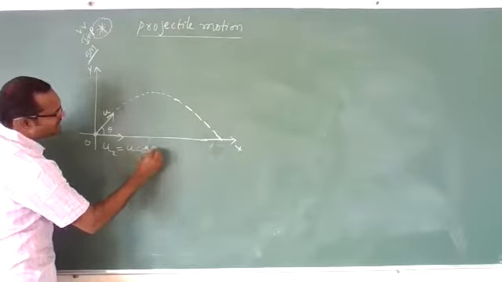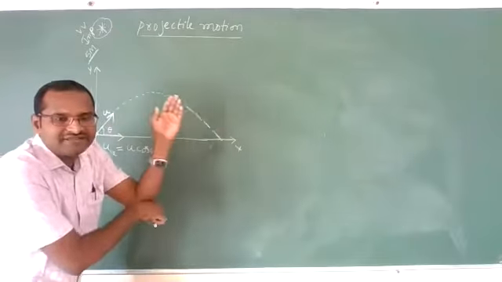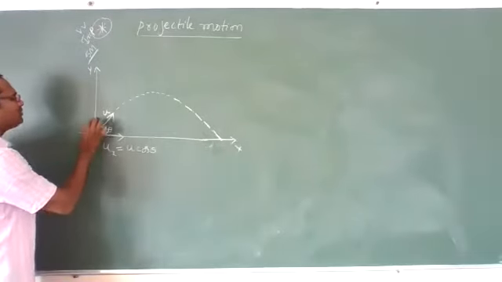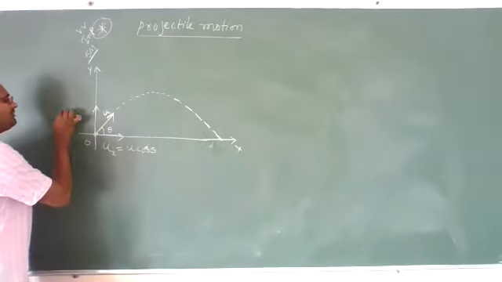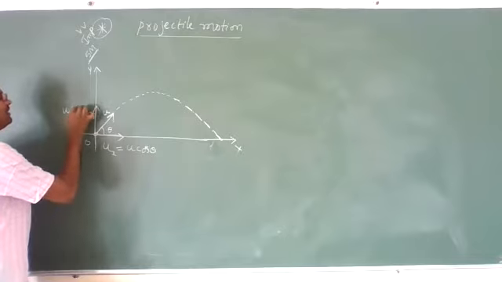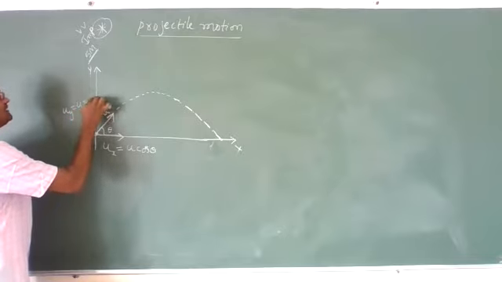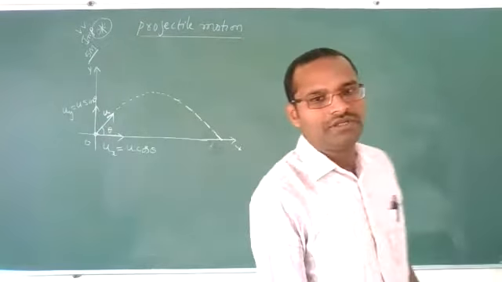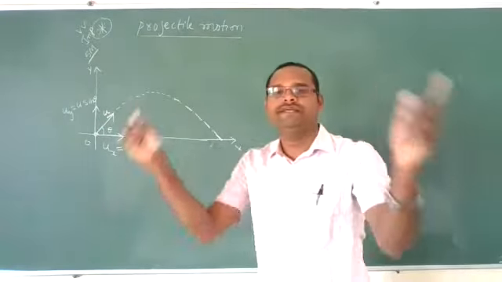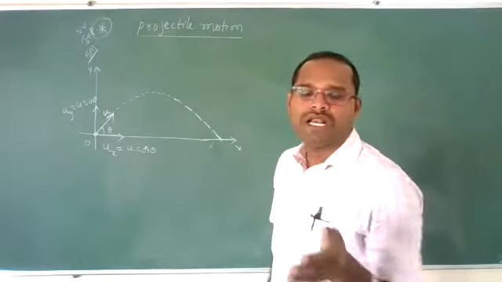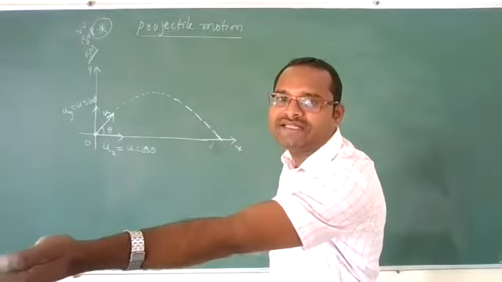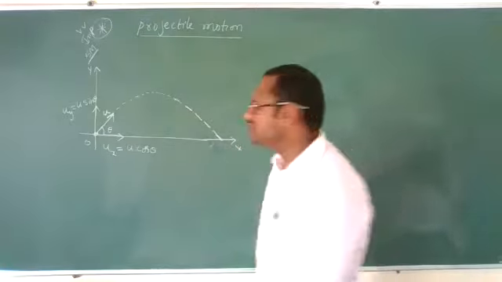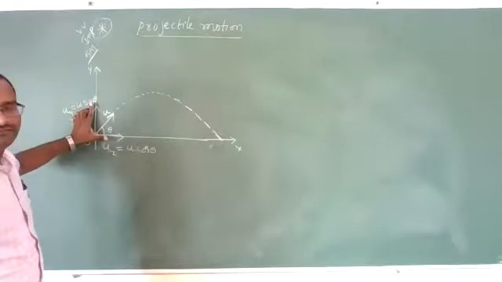Where the angle theta is being made, that side will be u cos theta, and exactly opposite to that, the velocity will be u sin theta. This is the resolution of a vector, of one quantity into its components. Along the axis which makes angle theta it will be cos theta, and opposite to that it will be sin theta. These two are always perpendicular.